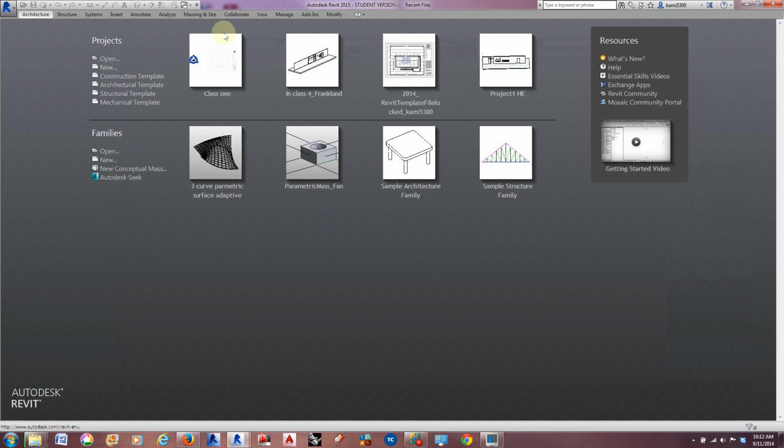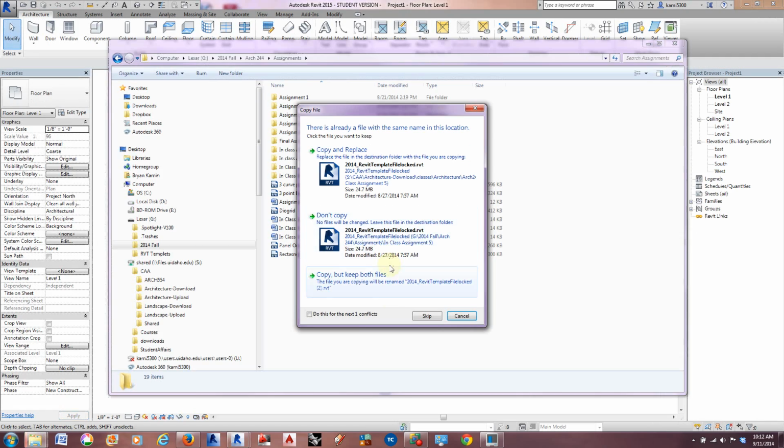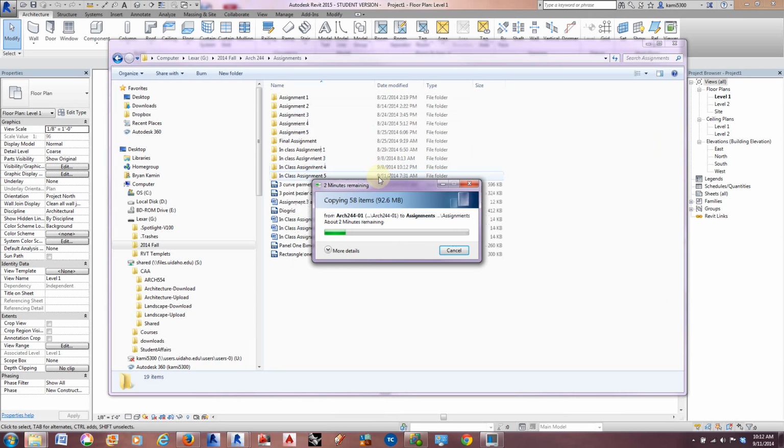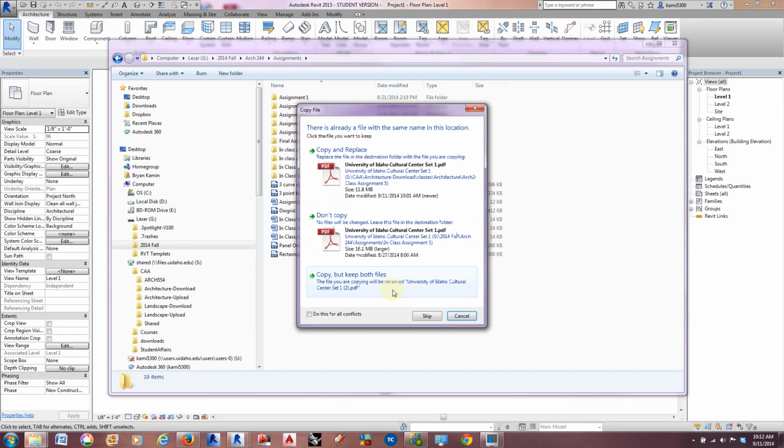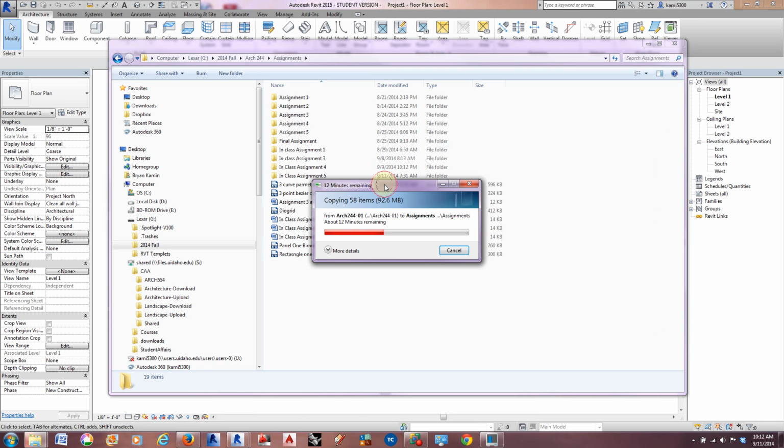In the meantime, I'm going to open up in Revit an architectural template, and I'm going to start over for everybody, and I want to copy and replace these files. I changed the names of the images so they're a little bit easier to read, and I also added some of the dimensions that we were missing from class earlier today that will help us in creating this